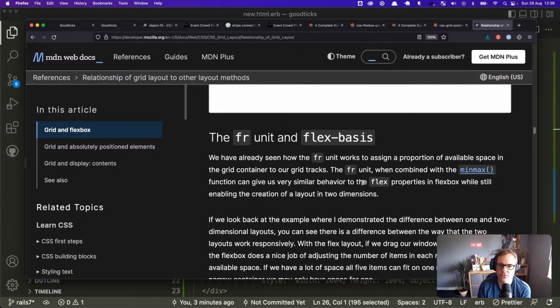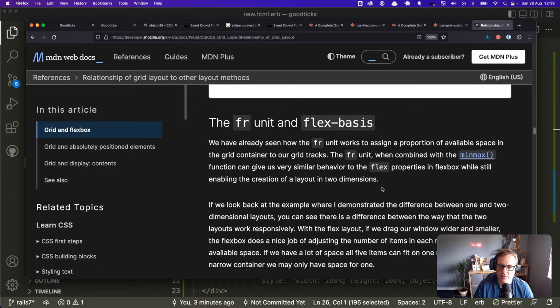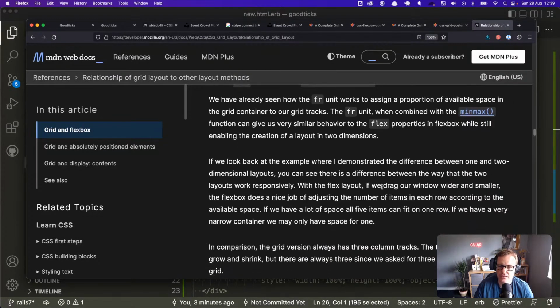We've already seen that the FR, the fraction unit, works to assign the proportion of available space in the grid container to our grid tracks. Very similar behavior to the flex properties. If we look back at the example,